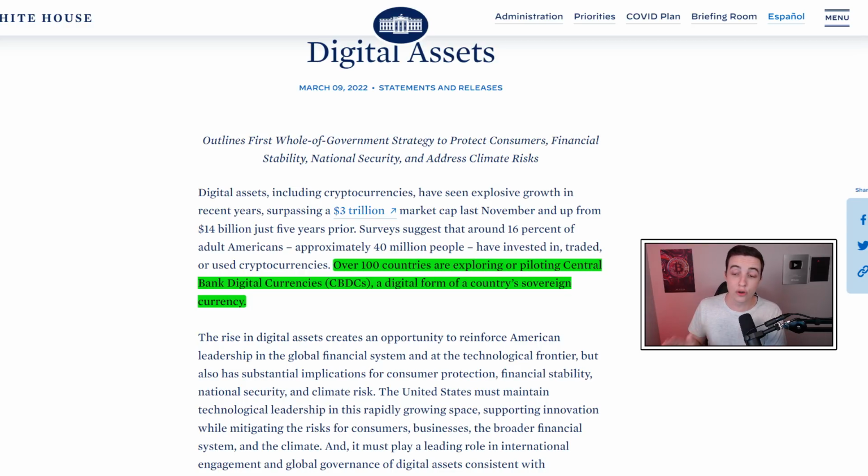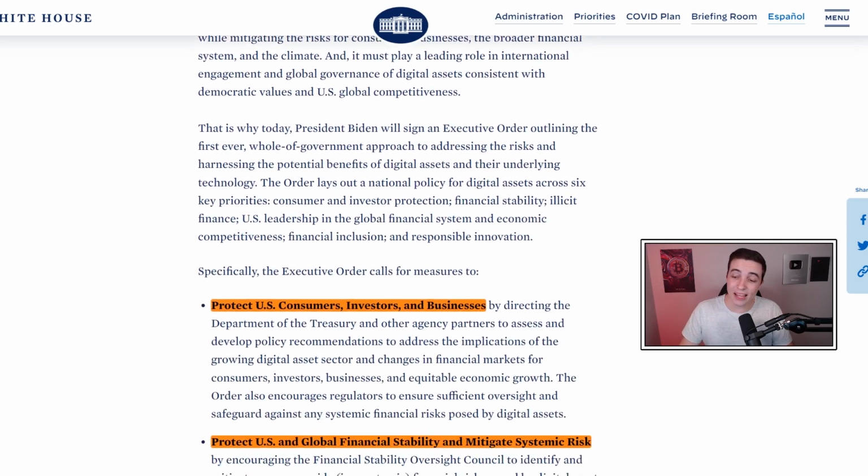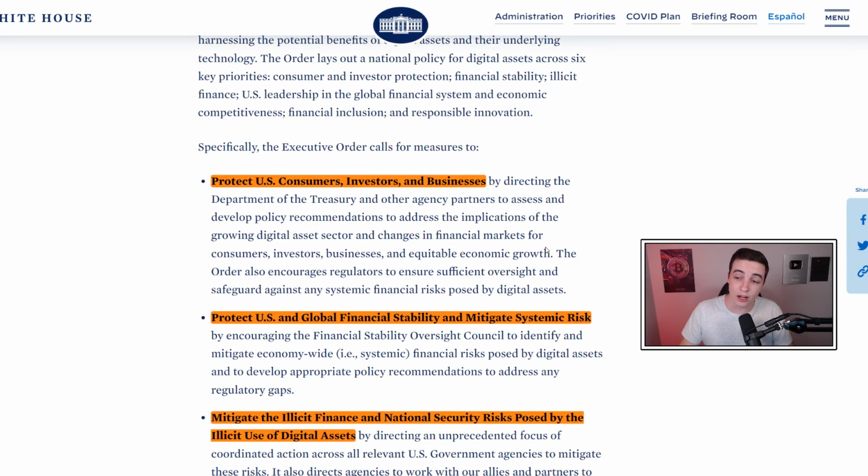For example, if you're using one of these central bank digital currencies, it will be absolutely impossible to make a transaction without the government knowing. And on top of that, because the currency is completely centralized, with the push of a button, the government can stop any one of your transactions at any time. They could freeze your account, they could freeze part of your account, they could stop your digital currency from working in a certain country or buying certain things. And I'm honestly not trying to dramatize this, but seriously, any control imaginable will be possible with central bank digital currencies. But anyway, with that out of the way, let's get further into this executive order, and I'll mostly be